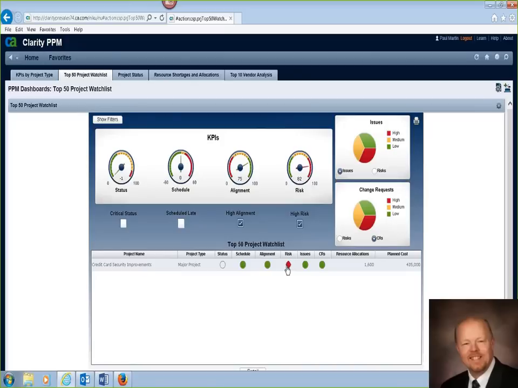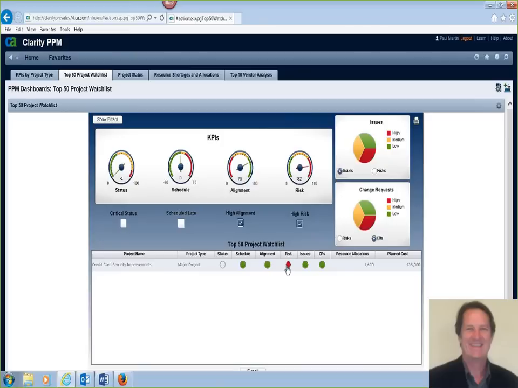Okay, that's great, thanks. Now I can see how we can look at that information at those levels. So if we wanted to look at the maturity and adoption of these tools across other areas such as resource management or portfolio management or even other areas of project management, would you be able to help us look at the adoption and maturity levels of our organization?